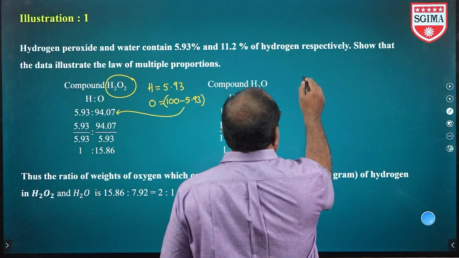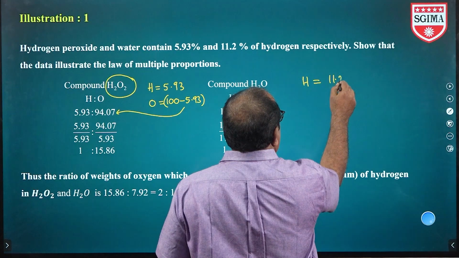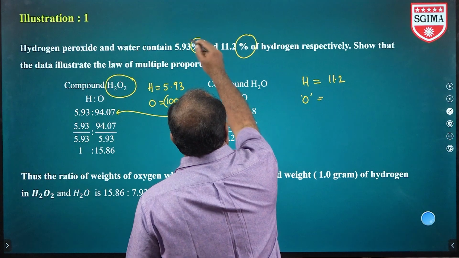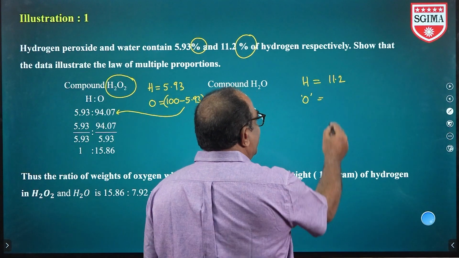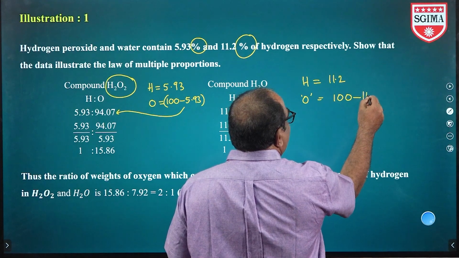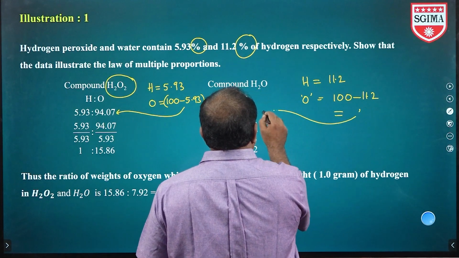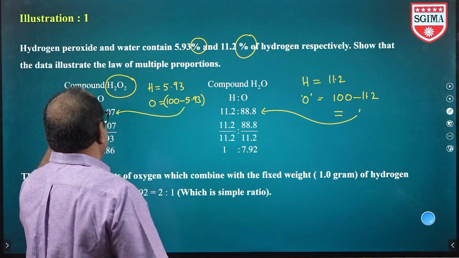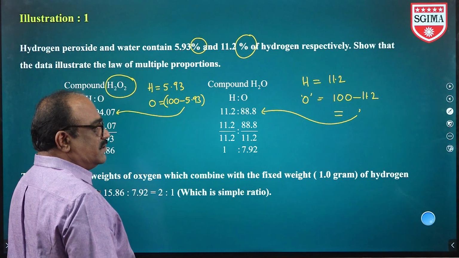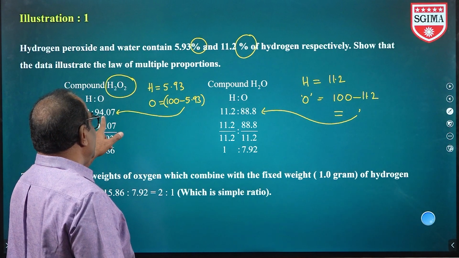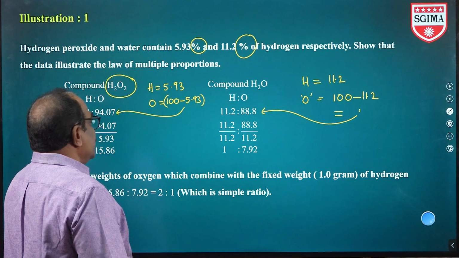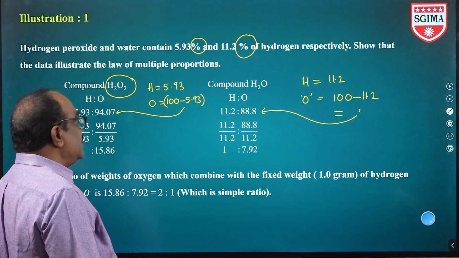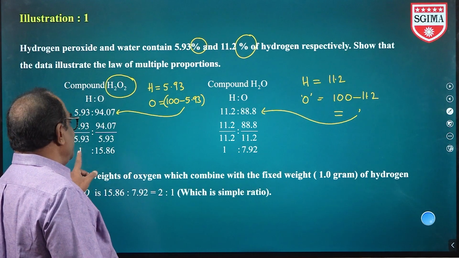Similarly, in the other case, hydrogen quantity is given as 11.2. Oxygen quantity, because he mentioned this as a percentage, means per every 100 grams of the compound given, will be 100 minus 11.2, which is 88.8. Now, please observe here, in the first compound the hydrogen to oxygen combining mass ratio is 5.93 is to 94.07. I want to make it per 1 gram of the substance. So, take the smallest number and divide. In this case the hydrogen to oxygen combining ratio will be 1 is to